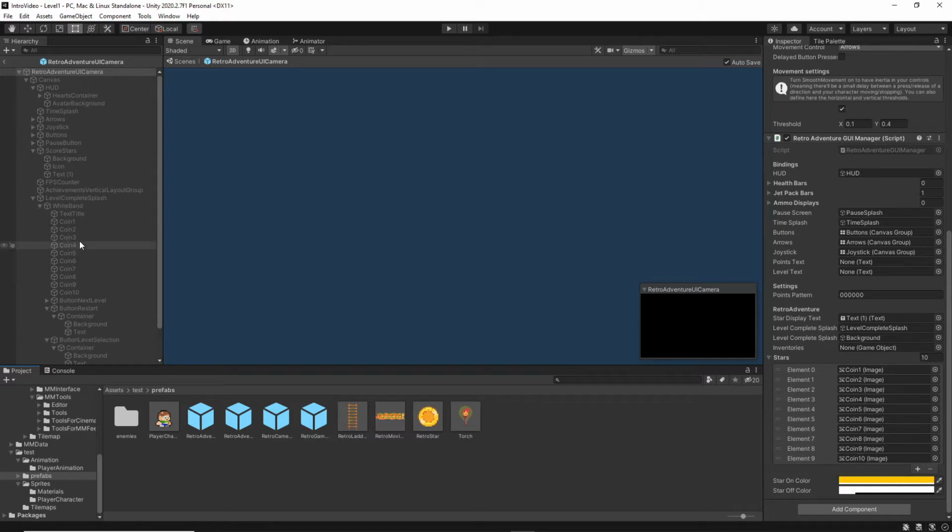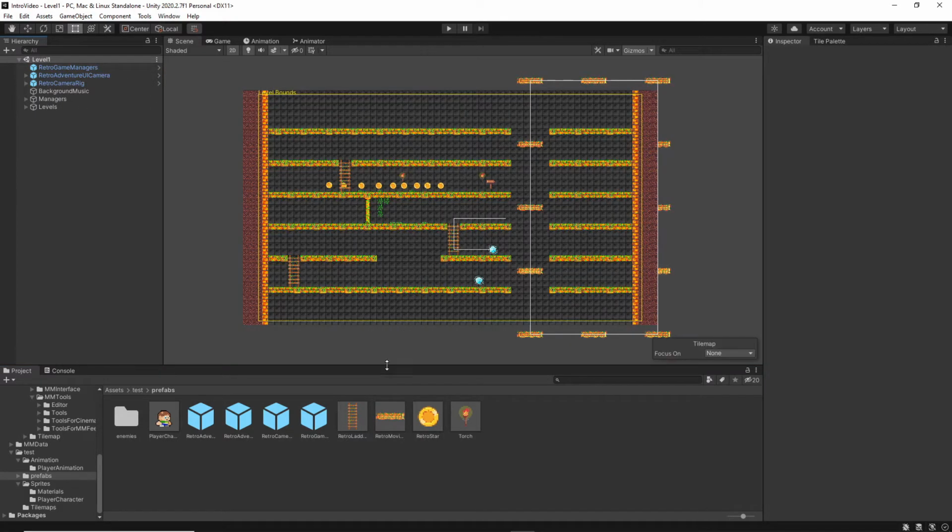What you have to do here is drag in the element for coin 1, you drag it into there, coin 2, etc. Now they were called stars, but I changed them to coins. Once you've done that, if you come out and you go to level 1, which we are here, and you open the Retro Adventure UI camera here,